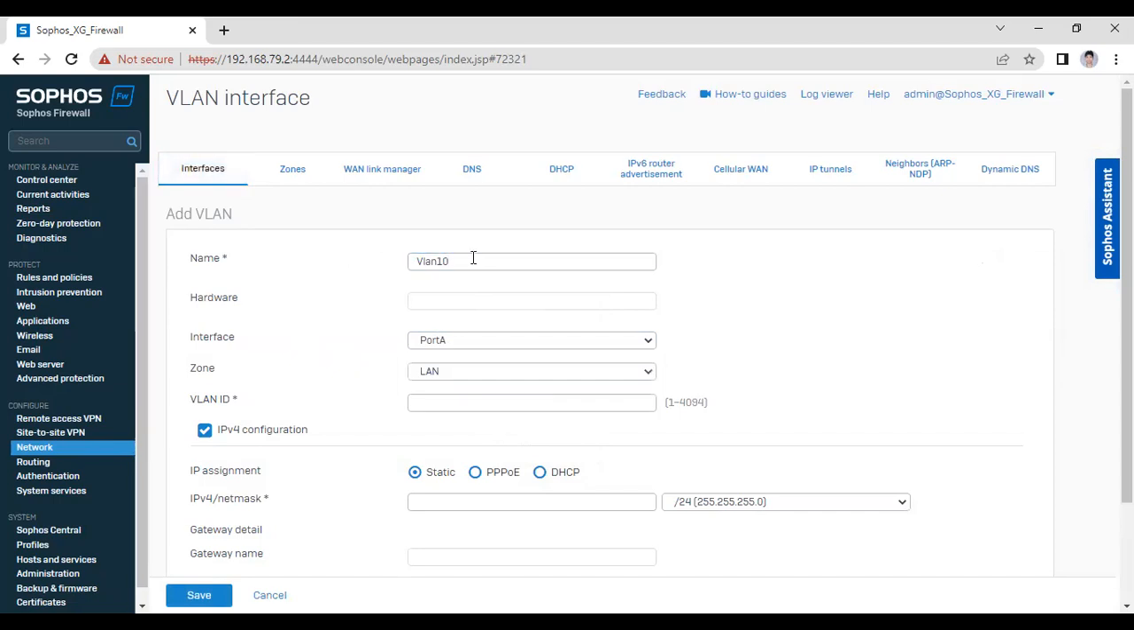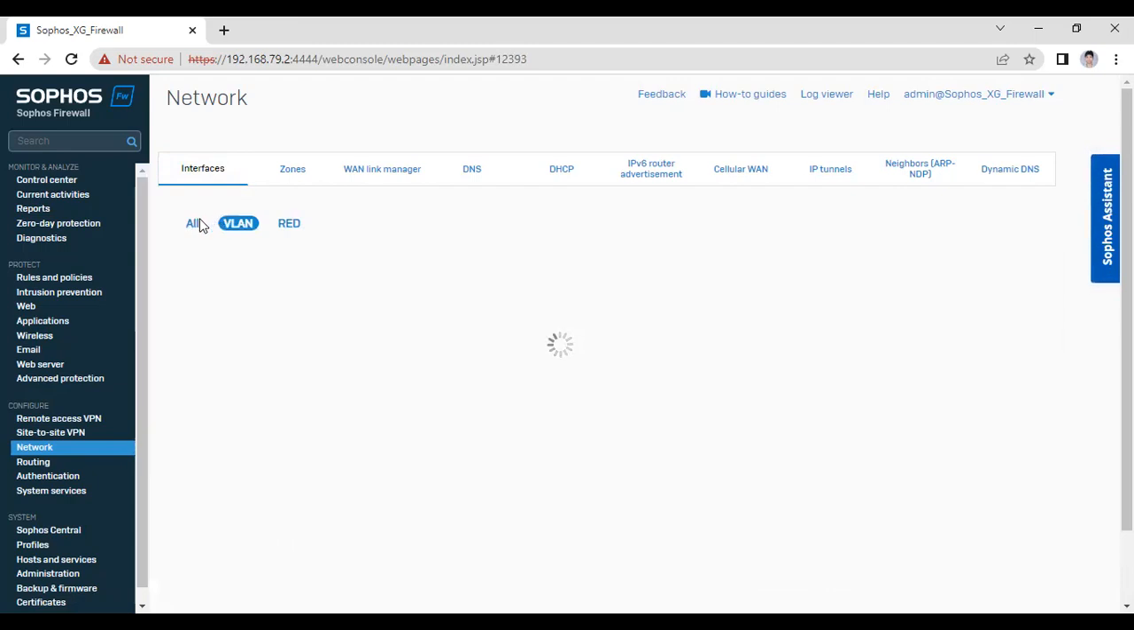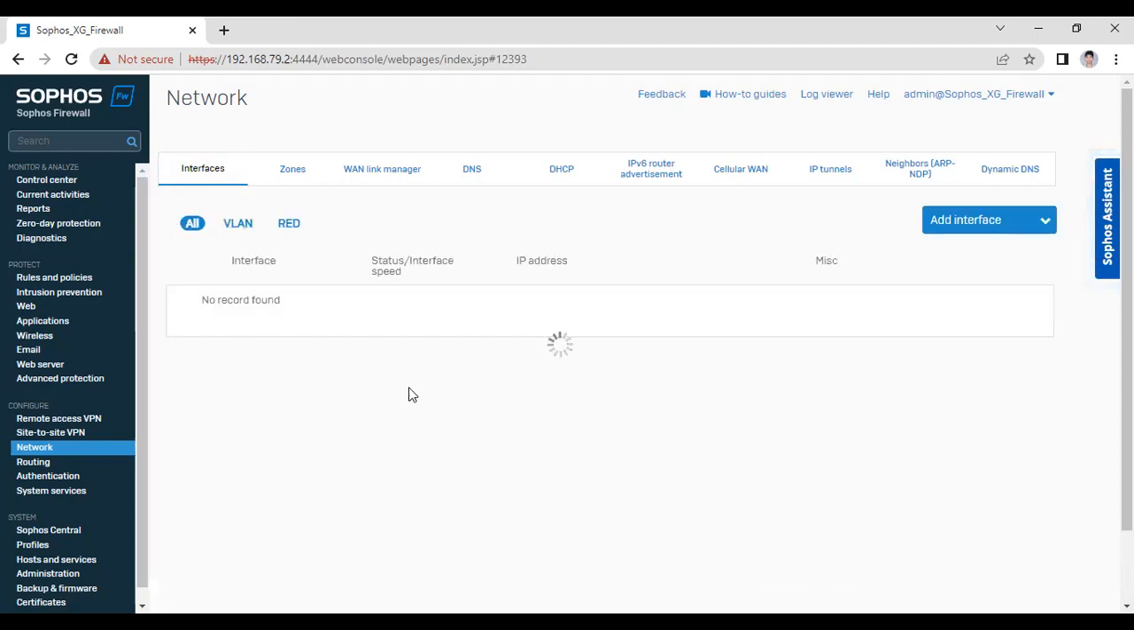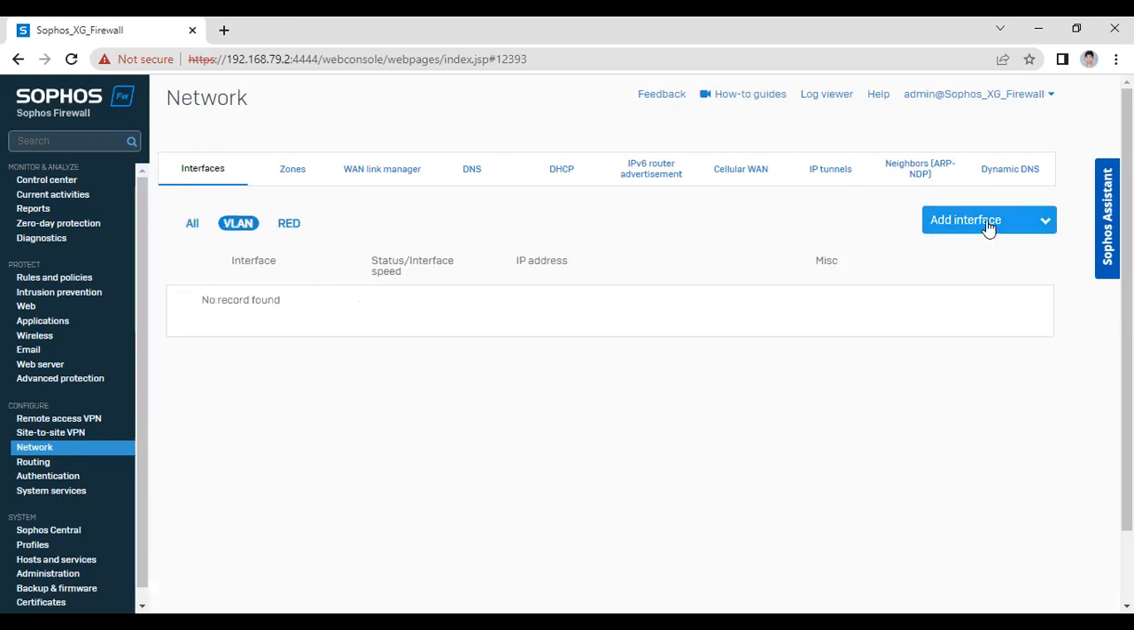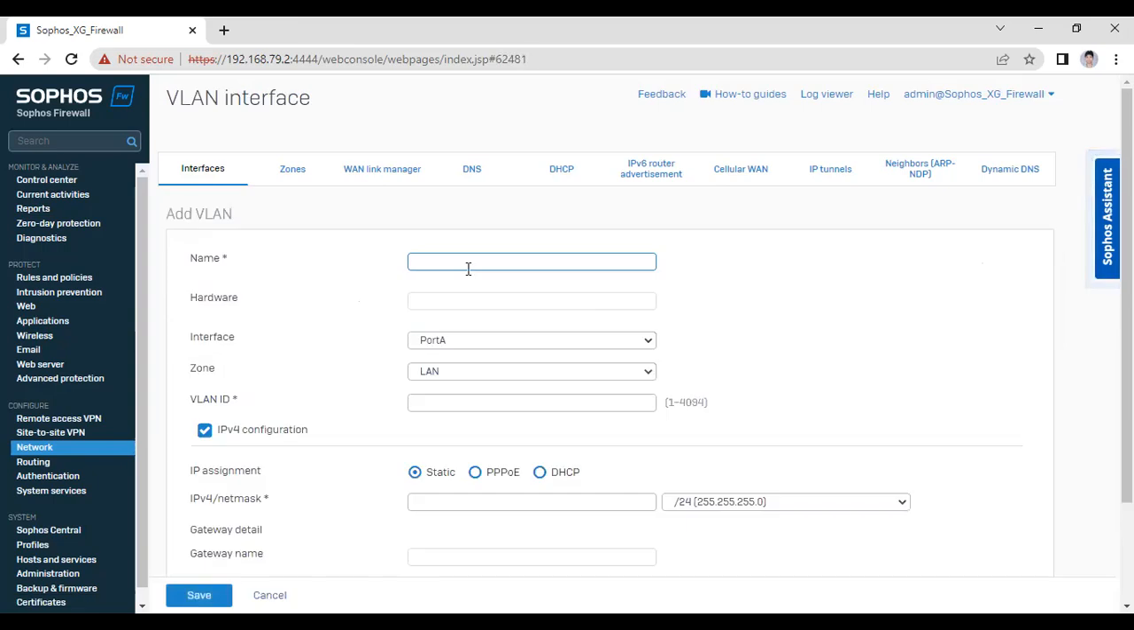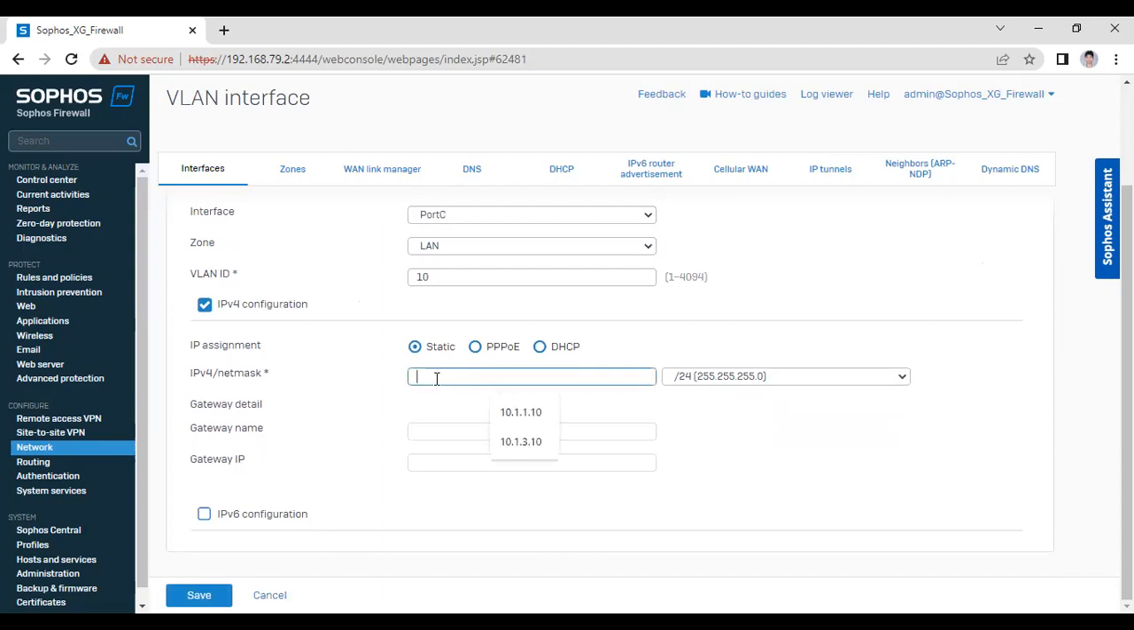First of all, Port A is the management port and Port B is the WAN port. I think Port C would be the LAN port. Port C. Zone would be LAN, VLAN ID will be 10. So the IP address